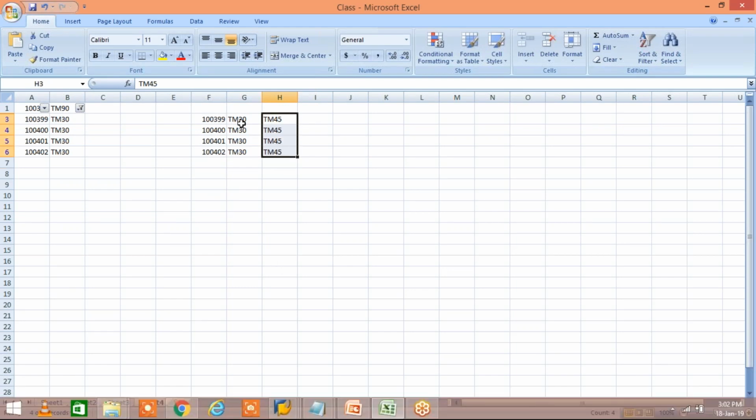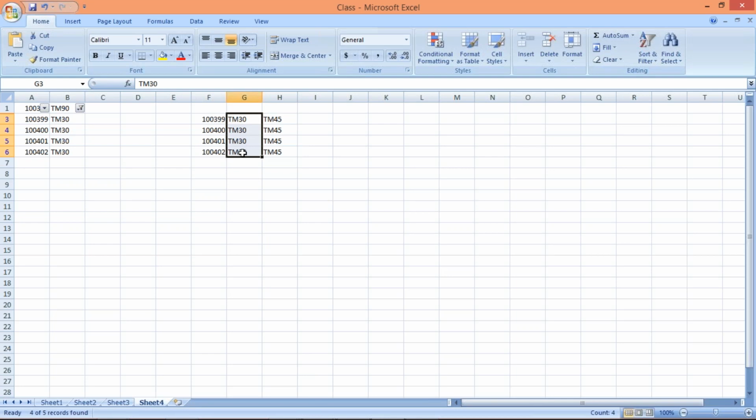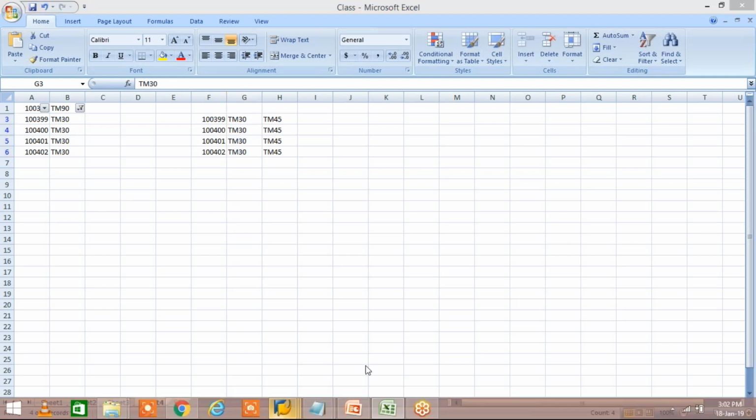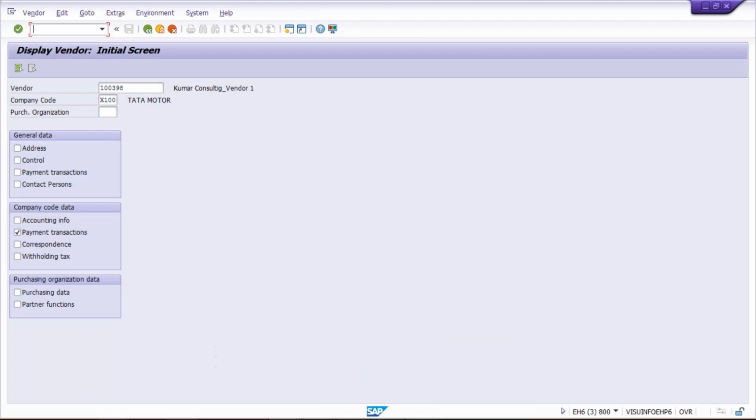For that, this is called mass changes. It means we have to make changes against several vendors at a time. This is called mass changes. It can be possible in the case of customers also, so that is also mass changes itself, right? For mass changes, we have 2 transaction codes that can be used. The very frequently used transaction code is